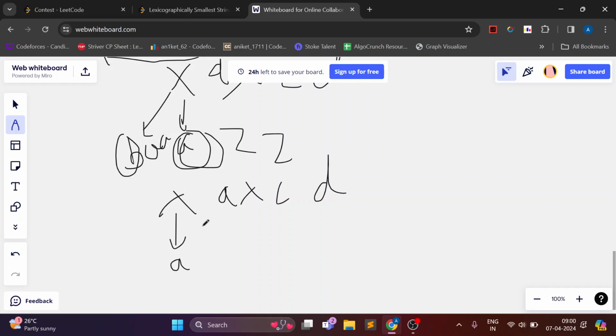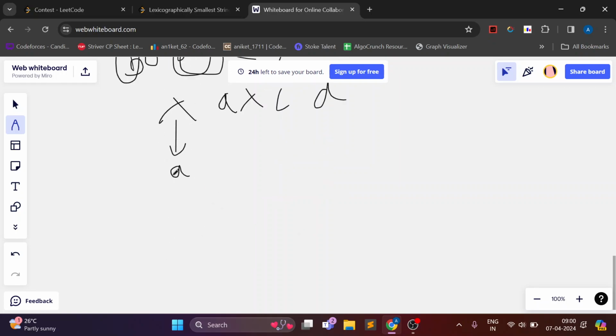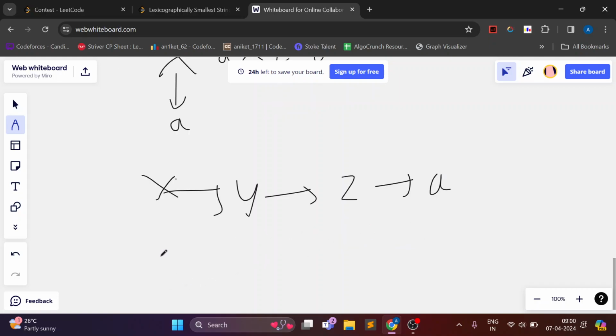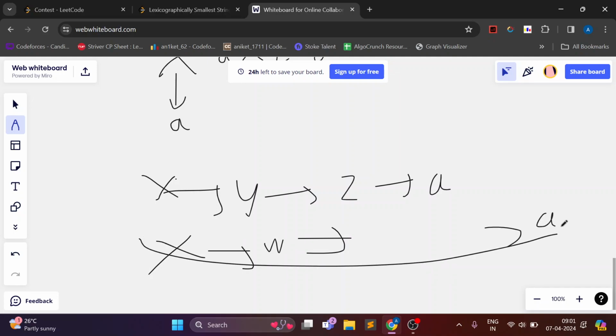Now for converting x into a, there are again two options: one by increasing this, or by decreasing it, anti-clockwise or clockwise type. Clockwise means x to y, y to z, and z to a. Or anti-clockwise might be x to w, and keep on decreasing it up to a. So we have to take the minimum of both of these,